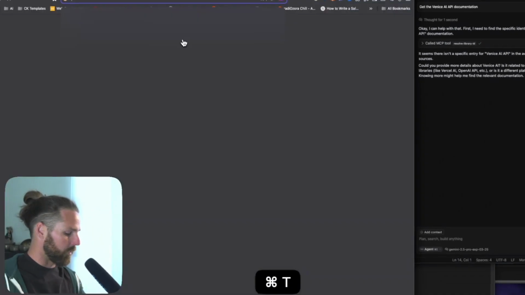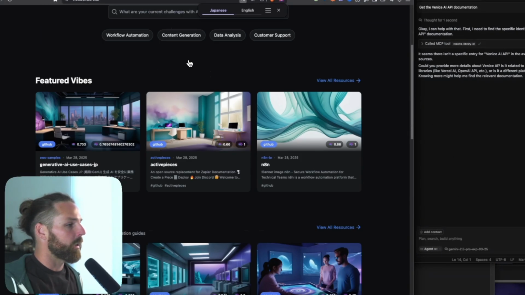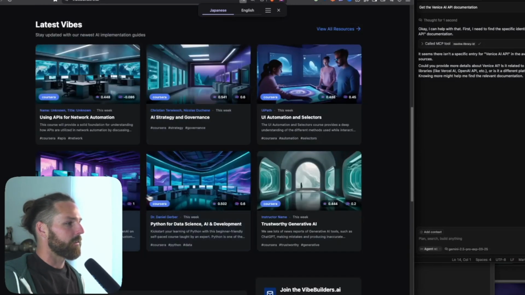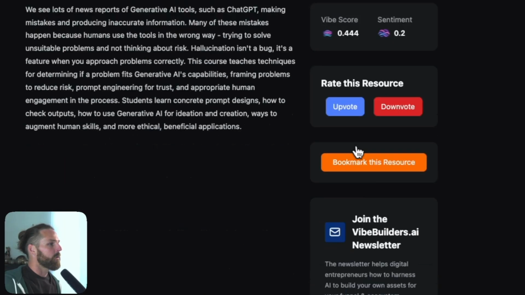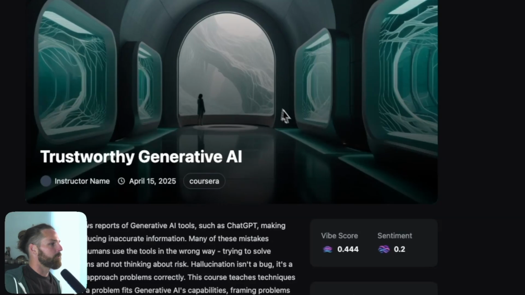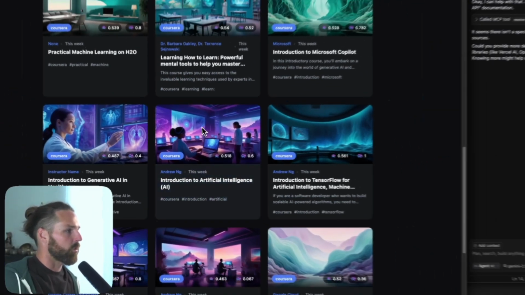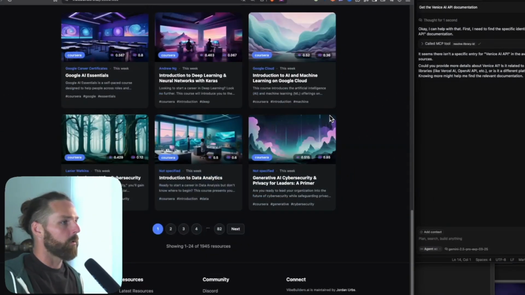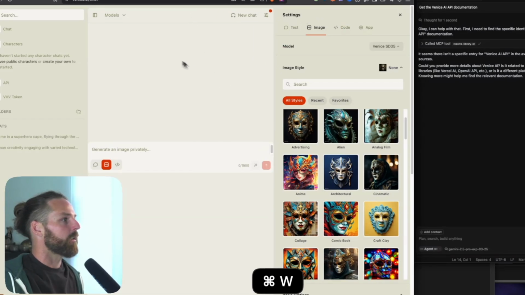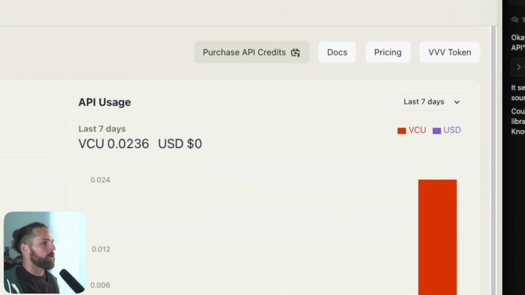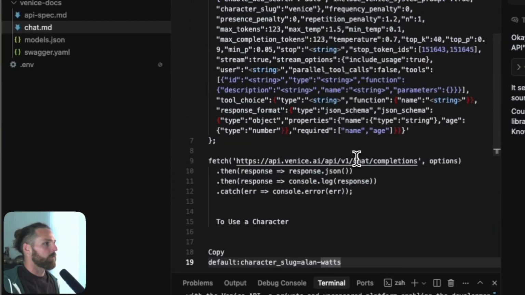That's what I did with the Vibe Builders AI website directory. I had it automate all these different images with a certain style. And yeah, they're a bit repetitive, but it was a fun project, and they all use the same color scheme, so you can use the API for something like that. Let's go back now to the API screen and let's continue our fun